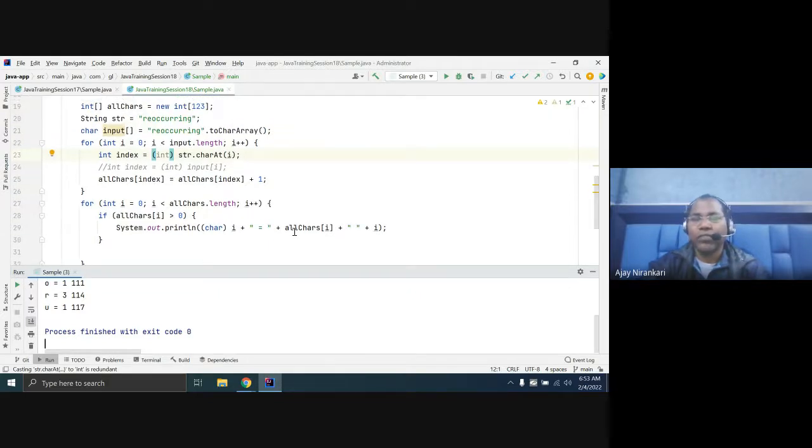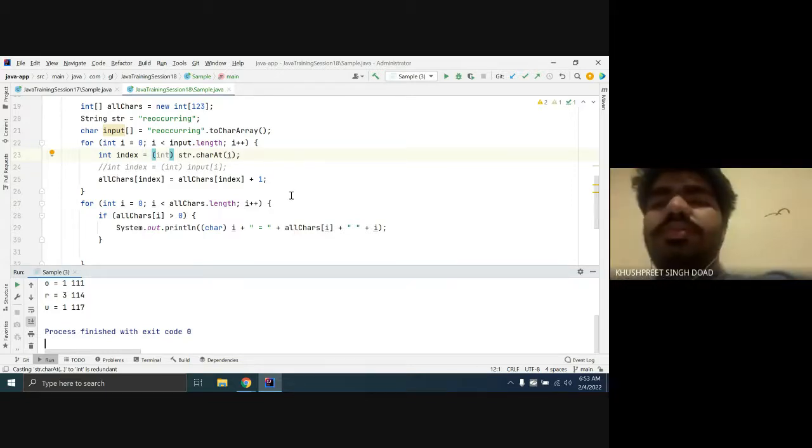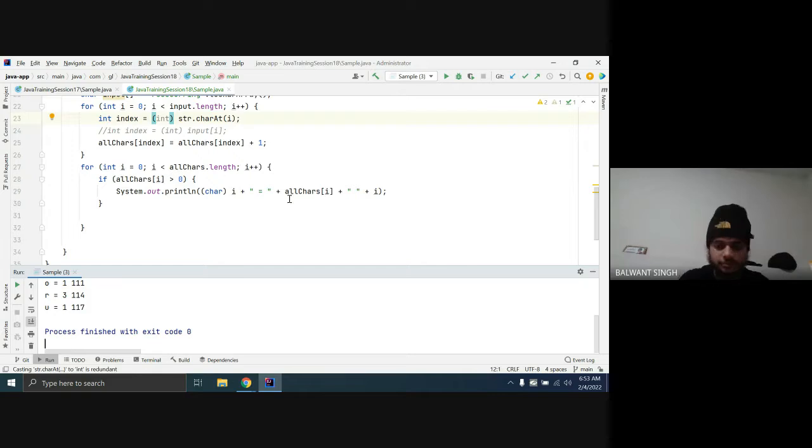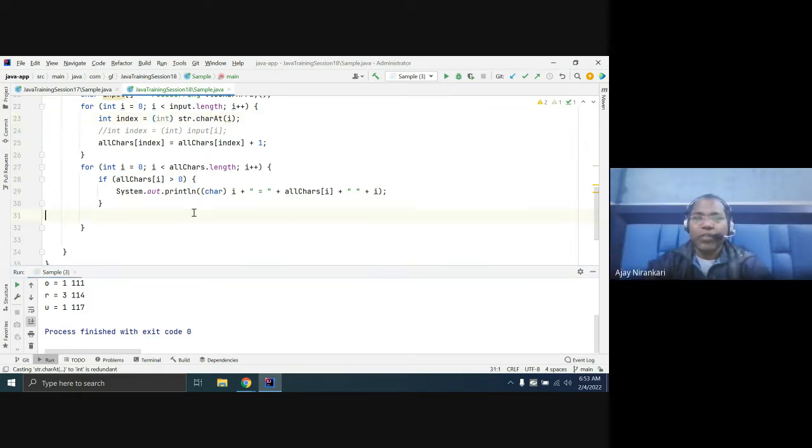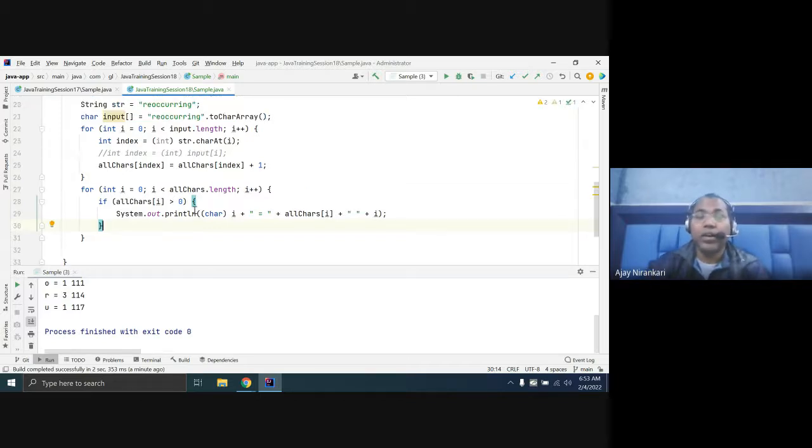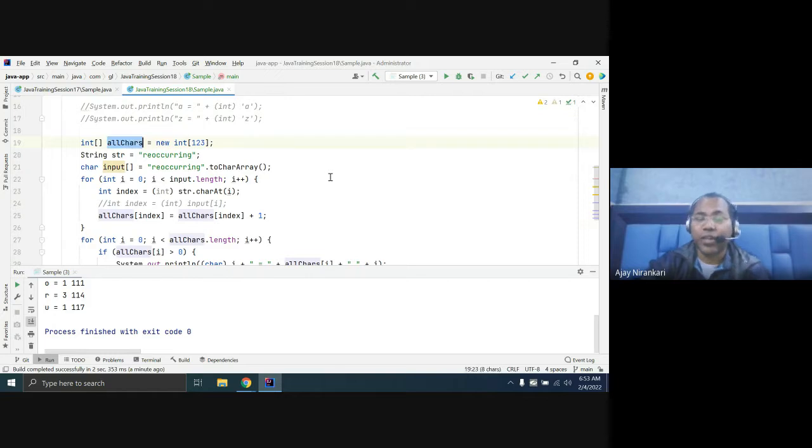Till now, okay? Yes, sir. So we have discussed another approach, right, where we can create the array of 26 characters, not 128. This is also one way you can do.